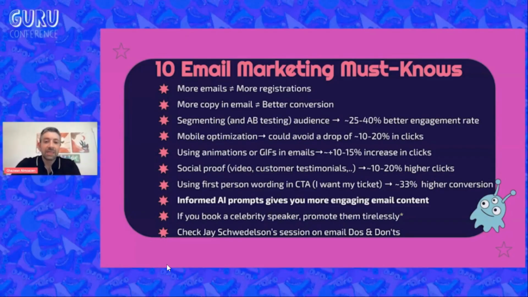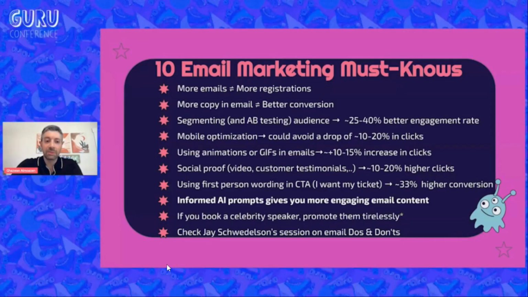Segmenting and A/B testing definitely helps you understand your audience better, and studies show up to 25 to 40% better engagement rate as you curate the content that you have to the right audience that you have. Mobile optimization is definitely a key area that we've all seen, with emails getting shorter and shorter, especially for mobile, where people can try to avoid the drop in clicks